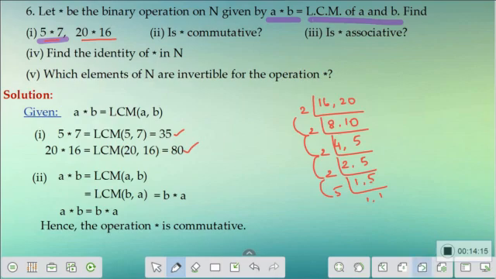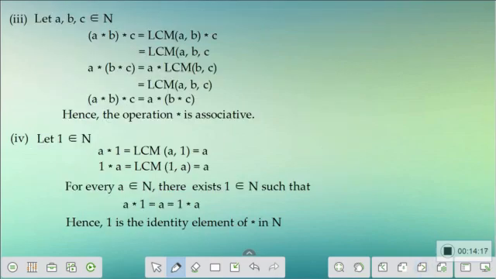Let's try checking it, for which I need 3 elements from the set. So here I have taken elements A, B and C from the set of natural numbers. Let me calculate A star B star C first. When I say A star B, it is nothing but LCM of A and B, star C. Now when I have LCM of A and B, I'll have a value, and that value operated on star will give me LCM of all the 3 values, which is nothing but LCM of A, B and C. That can be put like LCM bracket A, B, C.